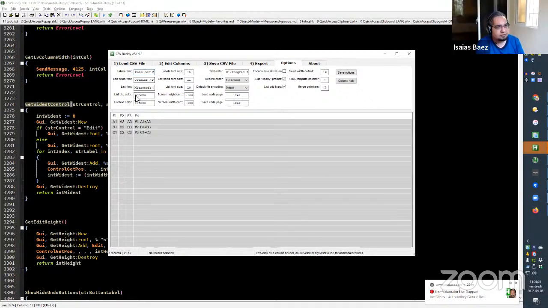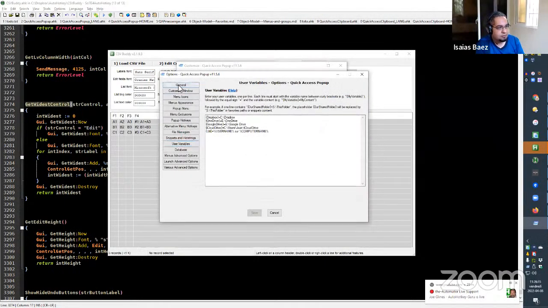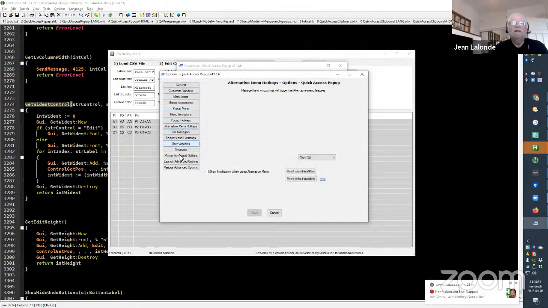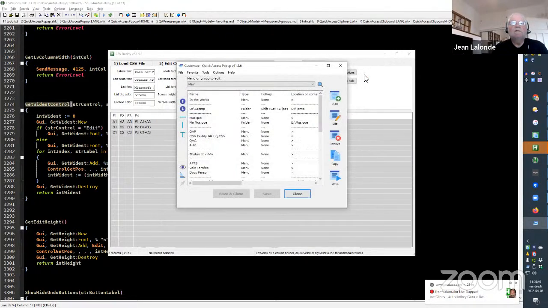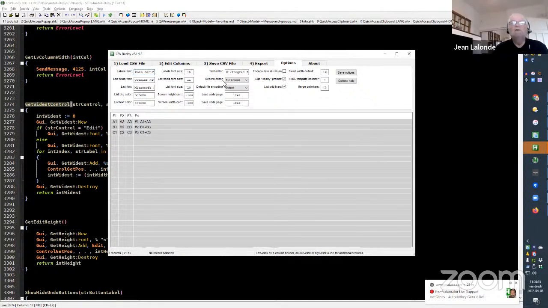I have to change this tab here to a real dialog box, something that is more like what I have in the quick access pop-up. Right. Something like this with maybe tabs at the top, so I could reuse the code I had developed to manage these tabs and have something more developed, but it was not the priority at this time. But it's something that, yes, every control here could be much improved.